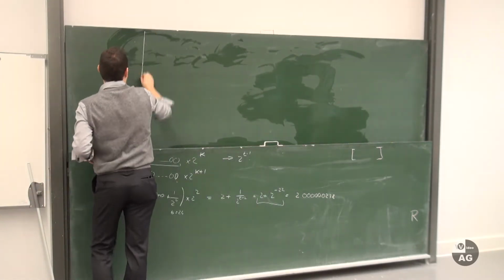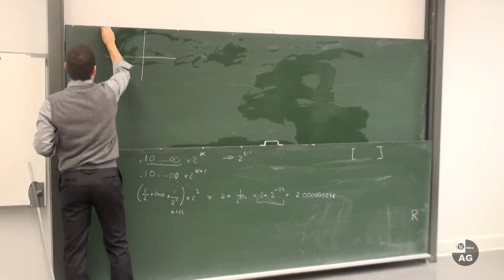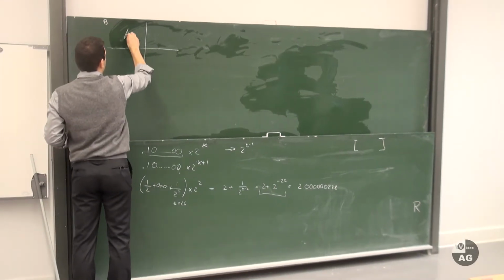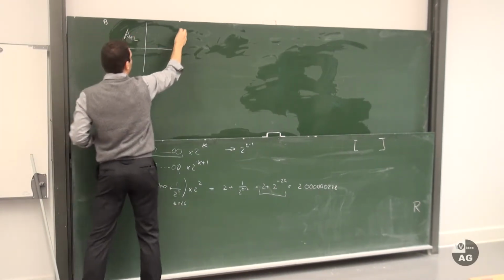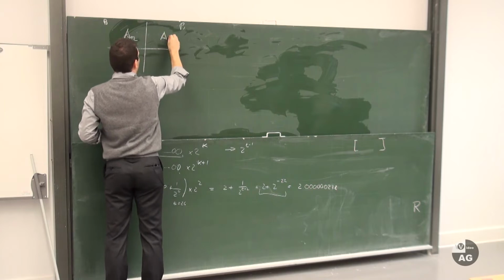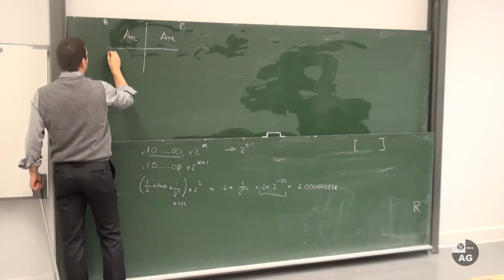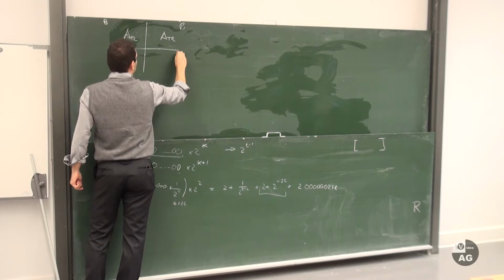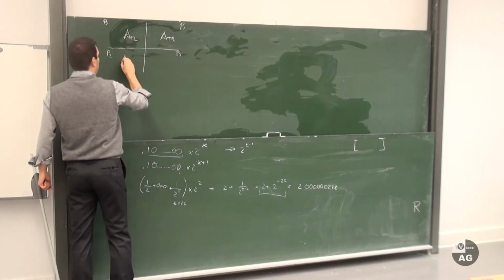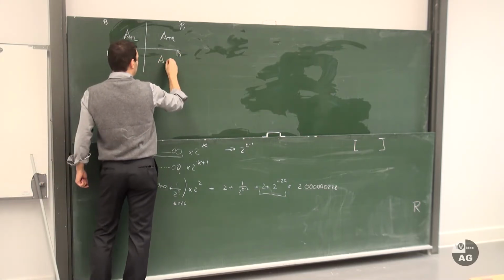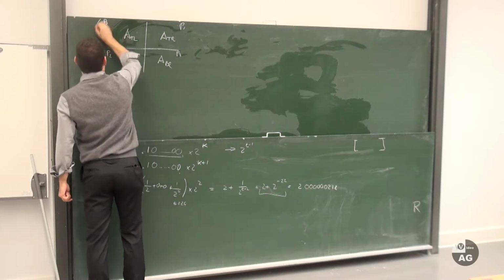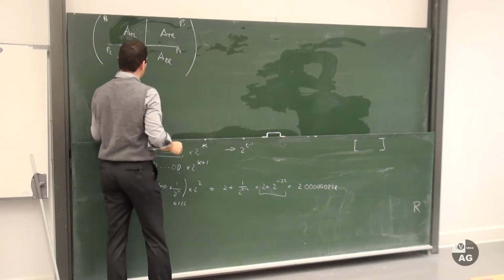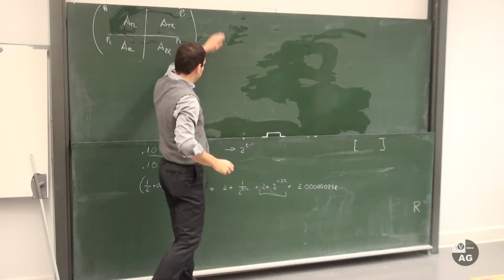So we had a matrix divided in 4 pieces. Processor 0 has A top left, processor 1 has A top right, and so on. Processor 2 and processor 3 have A bottom left and A bottom right. And the first thing we want to do is